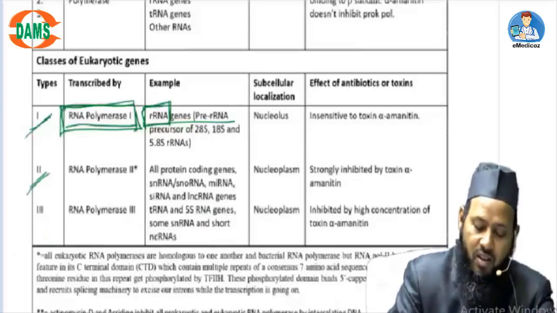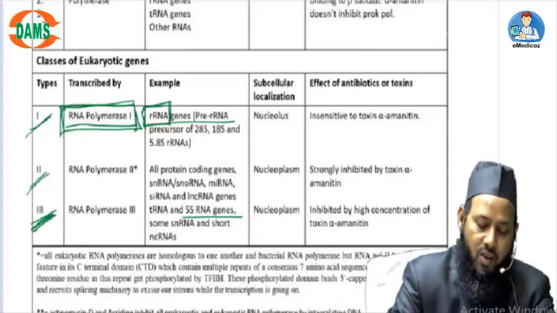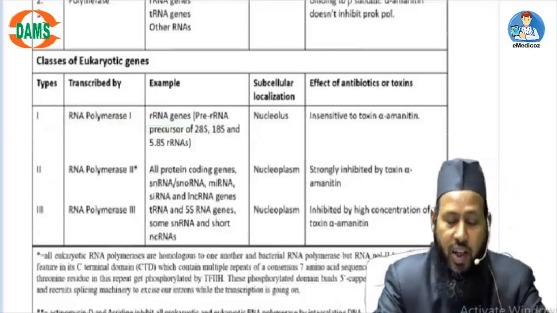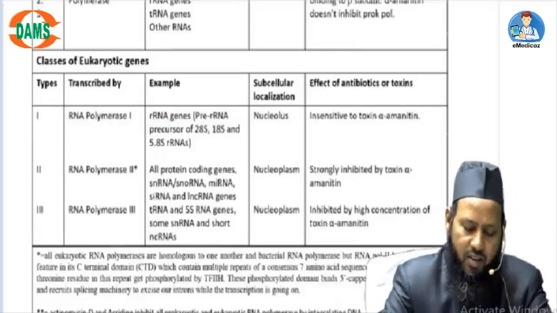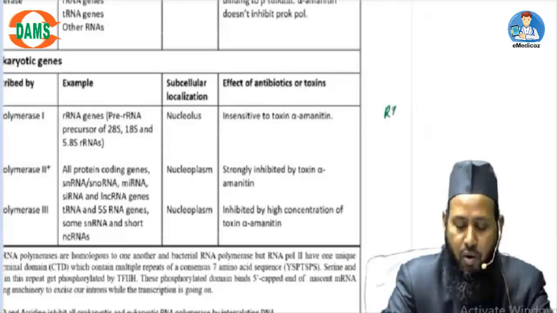So this 5S ribosomal RNA is a class 3 gene, not a class 1 gene. So the ribosomal RNA genes are both class 1 and class 3 genes. Anyway, the take home message from this table is